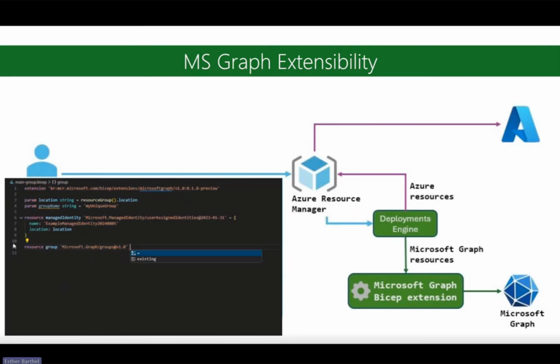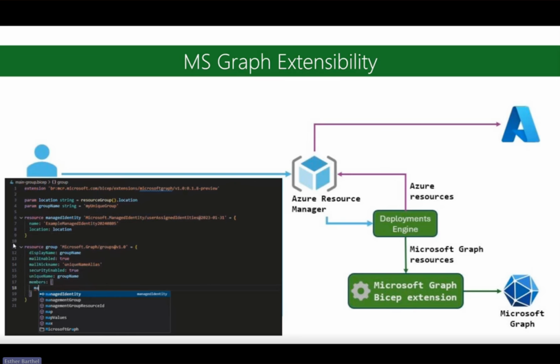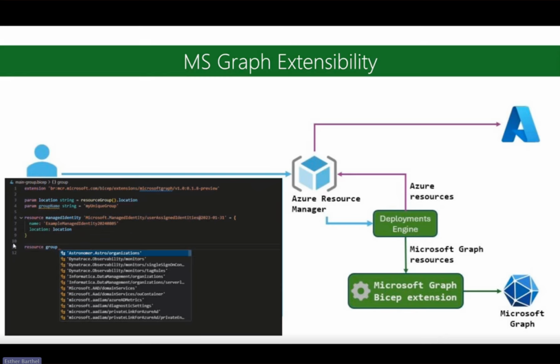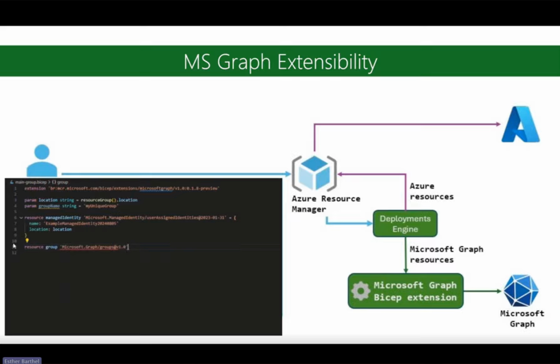At the beginning, we said that one of the non-goals was not to have one language to rule them all, but the Bicep team does realize that it's very helpful to have one deployment mechanism, like Terraform, which allows you to not just deploy on Azure.